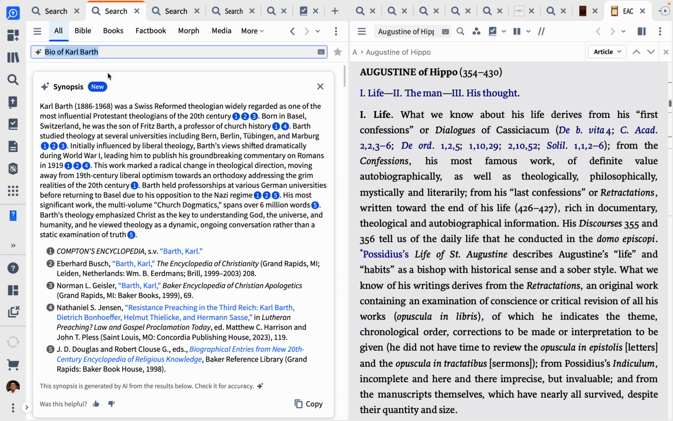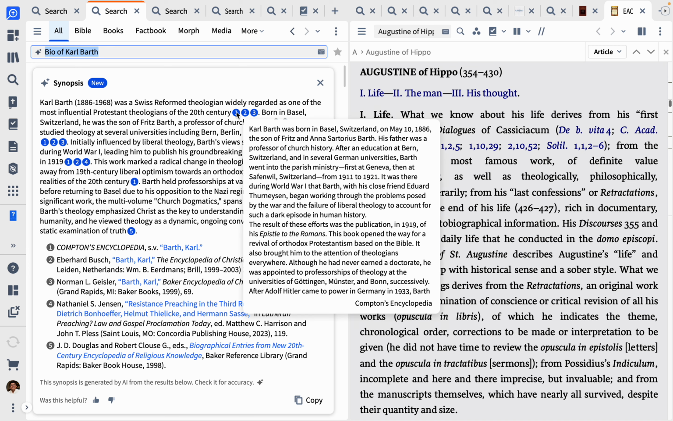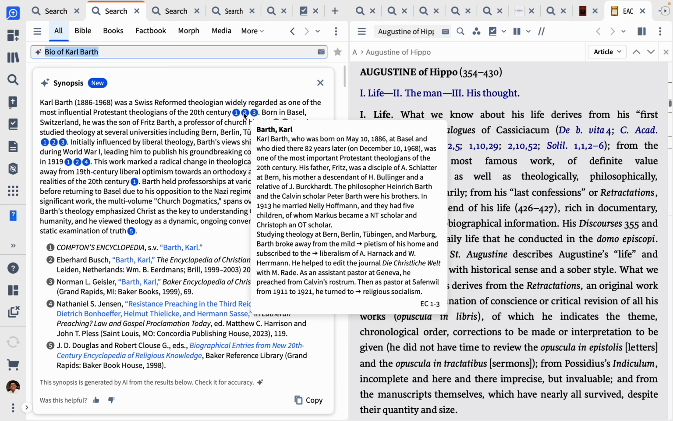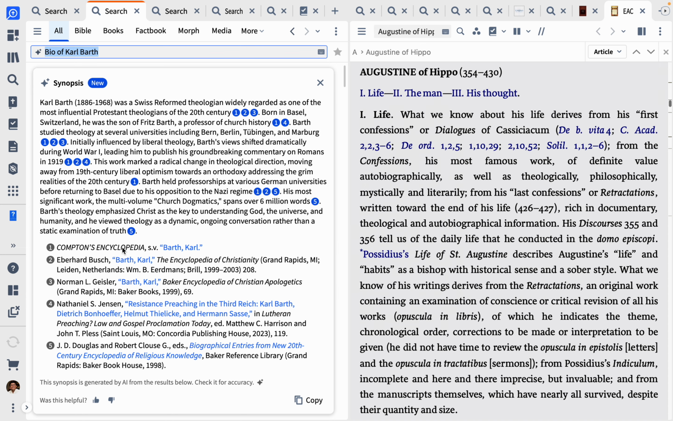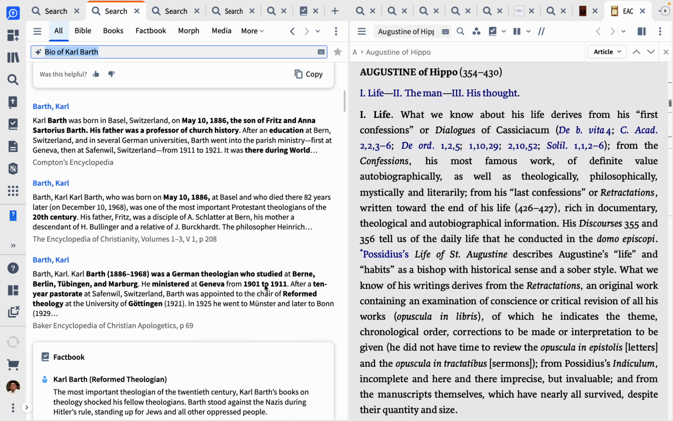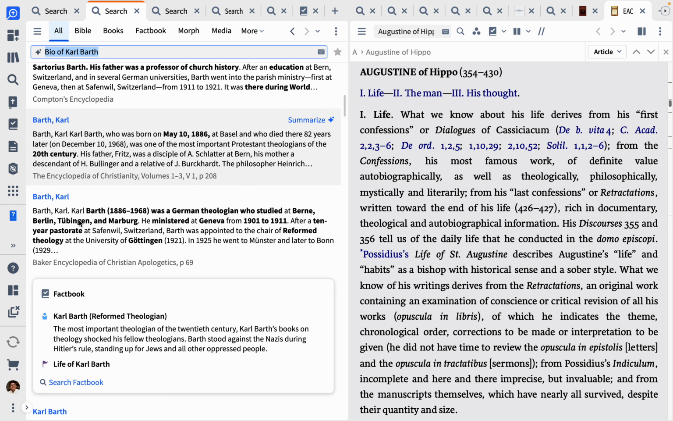So for example, you have a bio of Karl Barth. So here you are, you have this synopsis of Karl Barth, when he was born, and so on. And again, you can see the pop-up synopsis from the various books that I have in the library. So the first one is from Compton Encyclopedia. The second one is from the Encyclopedia of Christianity, and the third one, Baker Encyclopedia of Christian Apologetics, and so on. So if you scroll down again, you can see all the various entries from the books that I have